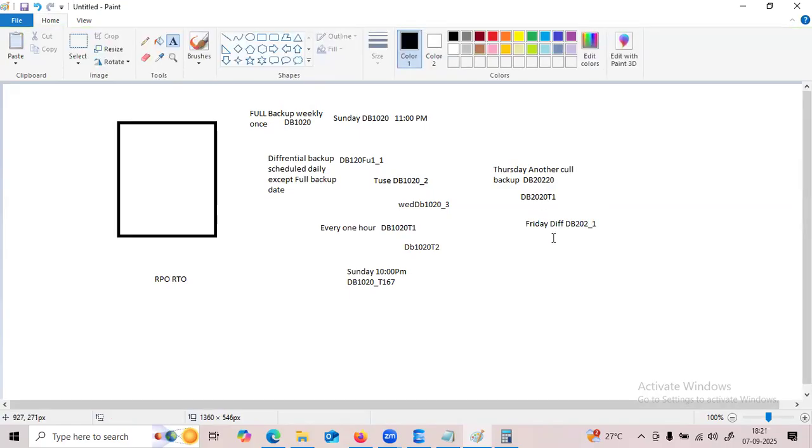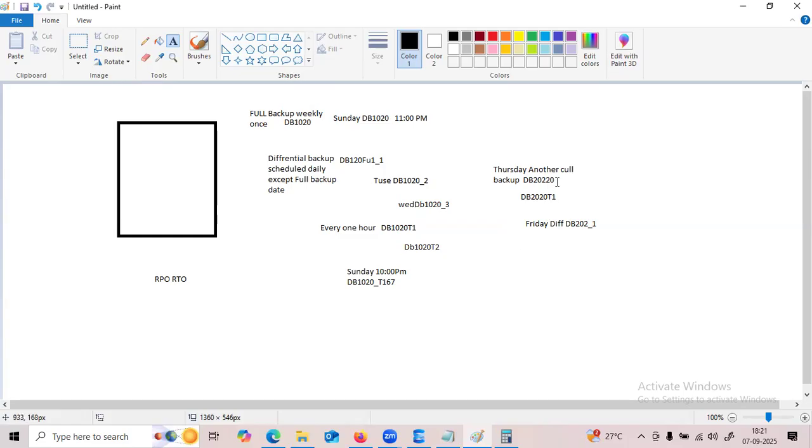So the differential backup will point to the latest LSN number, right? So whenever we take any full backup in the middle of the week, the following differential backup and log backup will follow the latest full backup LSN number, not our daily schedule.